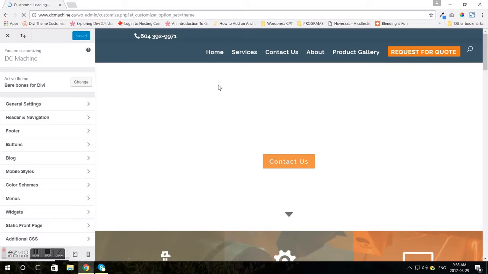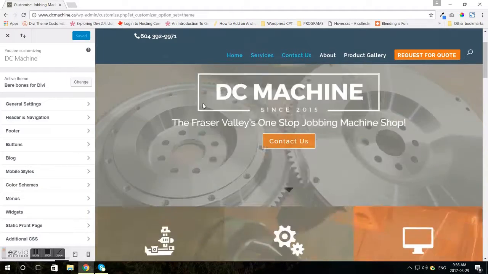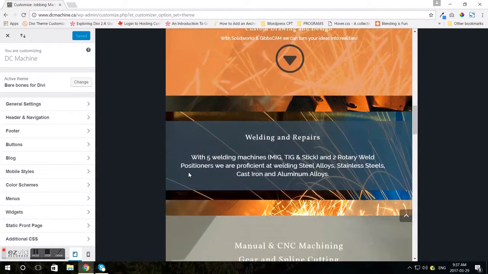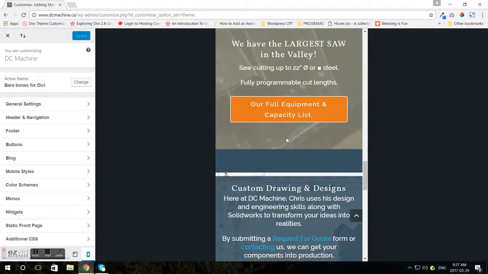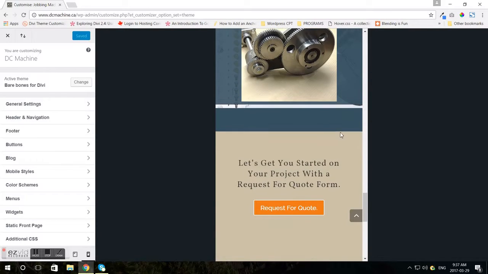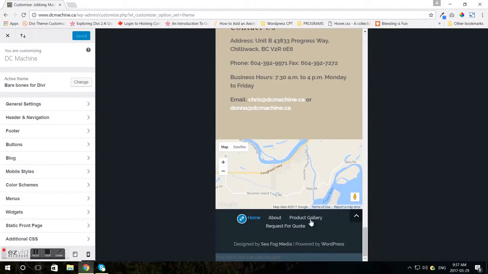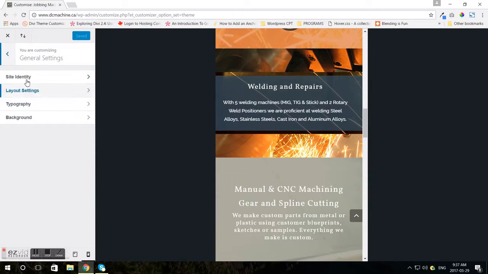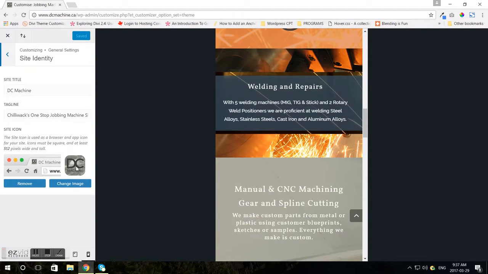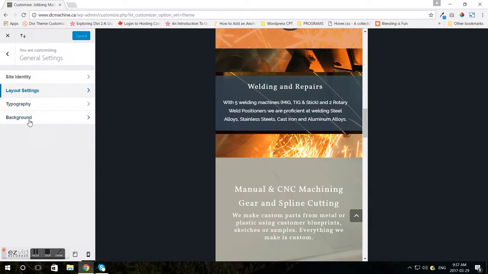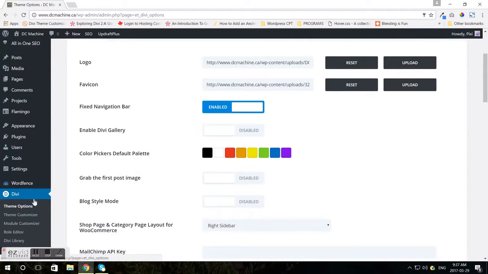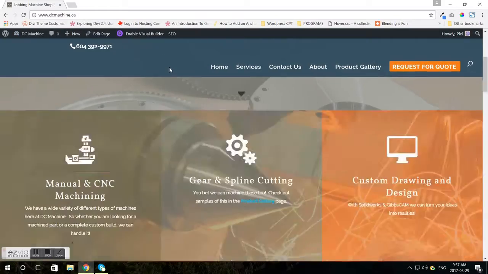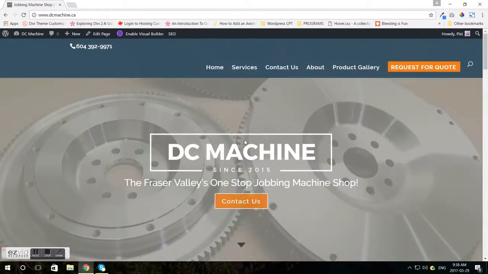Now you can go into the theme customizer, and here you can see your website from different views by the toggles at the bottom. So that would be tablet and mobile. Now I know that it splits a little bit here. There was not a lot of way for me to fix that other than removing it. I think it looks cool, so I left it. But here you've got your DC machine where it pops up into the search bar, your body link color, your fonts, everything about how your site looks sort of gets managed from here. And then